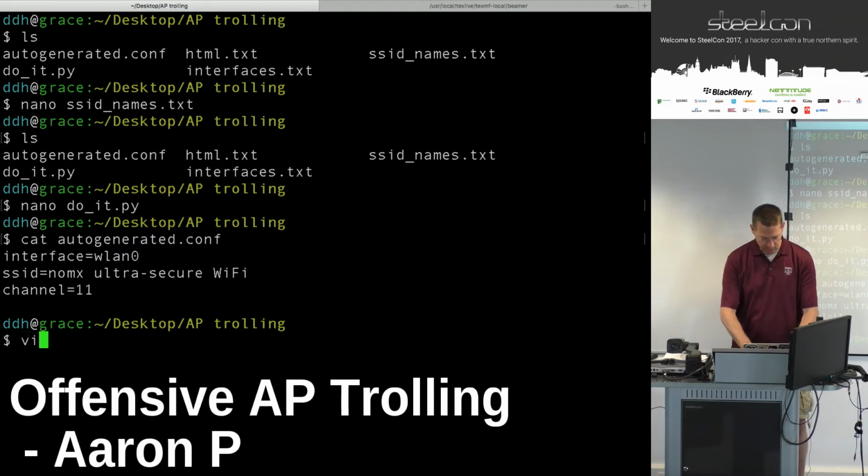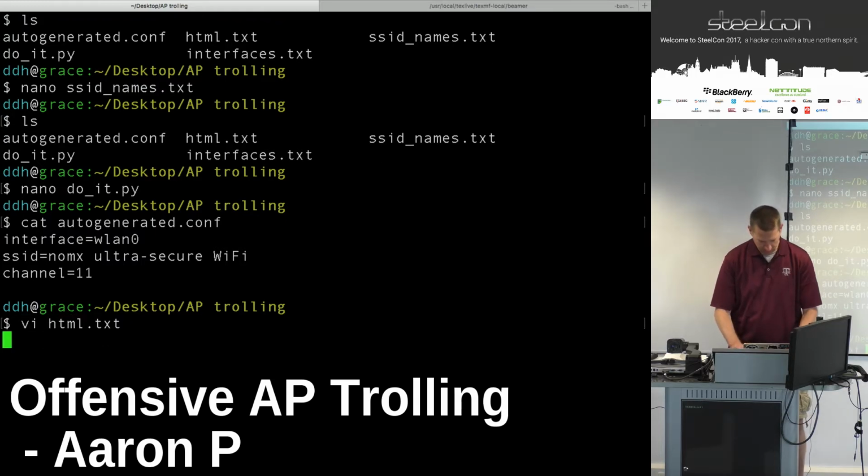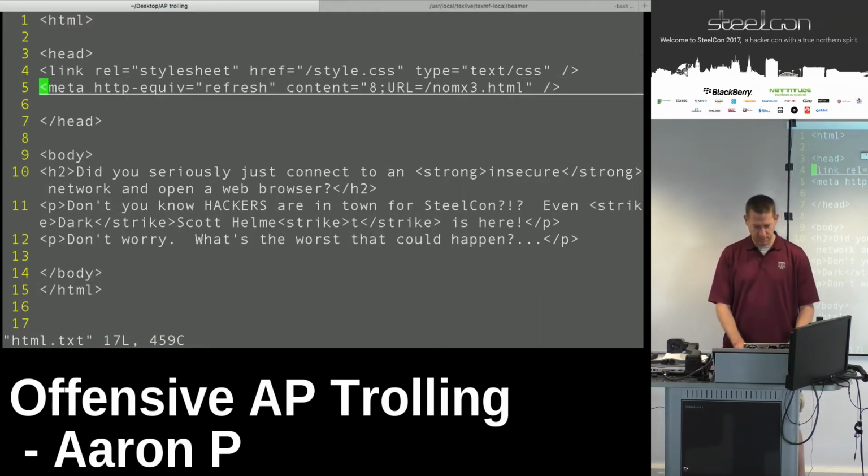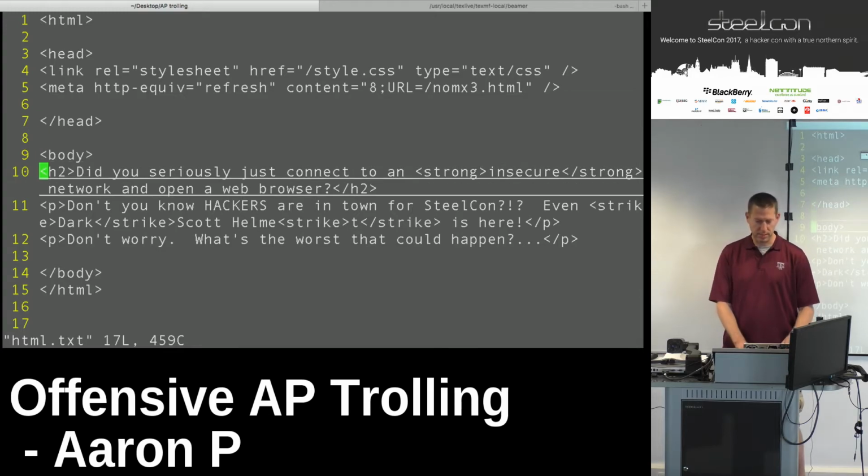And then what I have for my index, so this is just really simple. What it does, it shows you all of the text, and then after 8 seconds, it redirects you to the NOMEX web page. So what's nice is you can chain as many delivery mechanisms here as you want. If you have one for Windows or one for Mac, you can have your browser profile come up first, and then redirect to the appropriate website later.